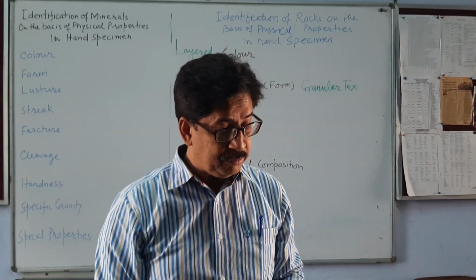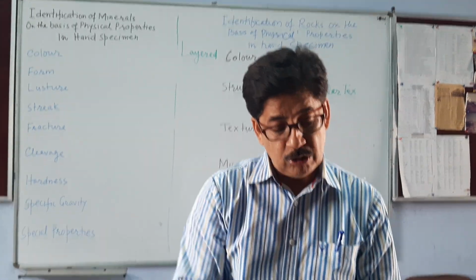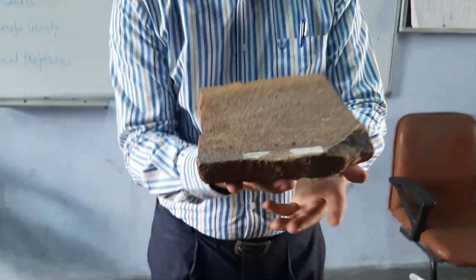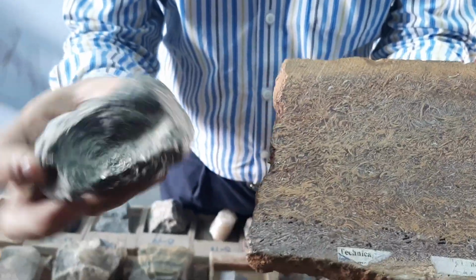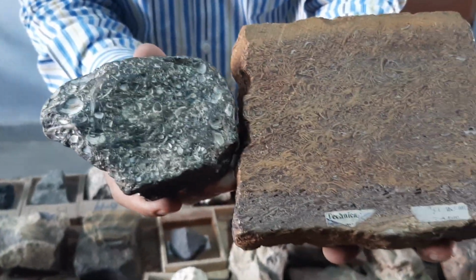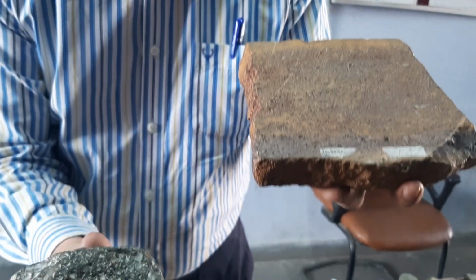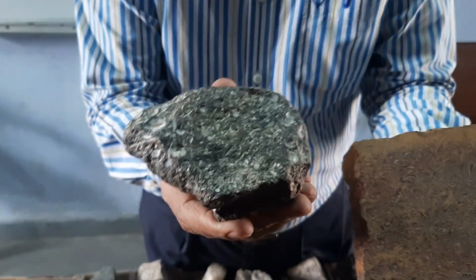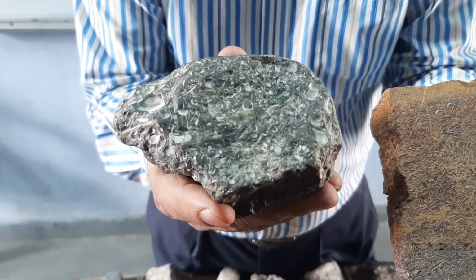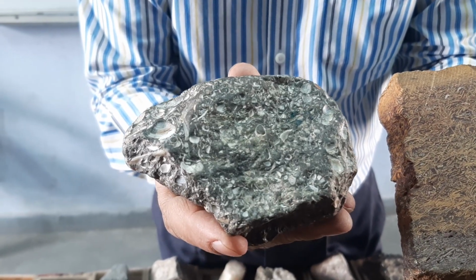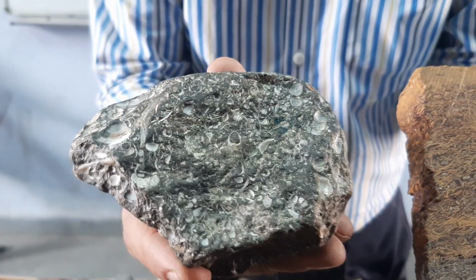Now we have some rocks in which there is a contribution of shells, and there is also a contribution of powdered calcium carbonate. You can see the two rocks here. Both have a lot of shells. This is from Jaisalmer. This one I don't know where it is from. This is grey in color, meaning it was deposited below the photic zone, under a lake or under sea or ocean where there was no light. That's why it is grey in color.